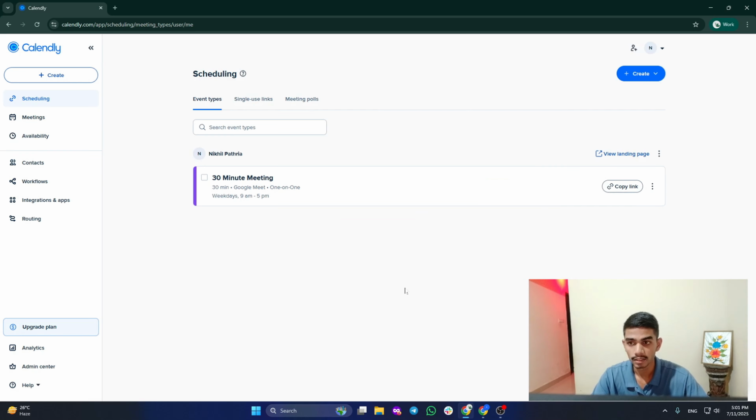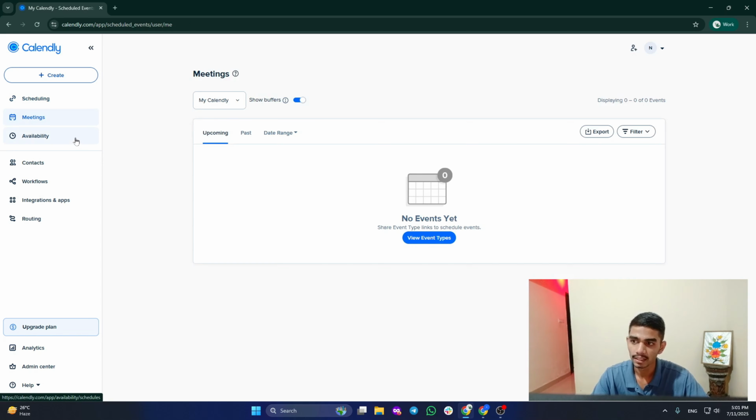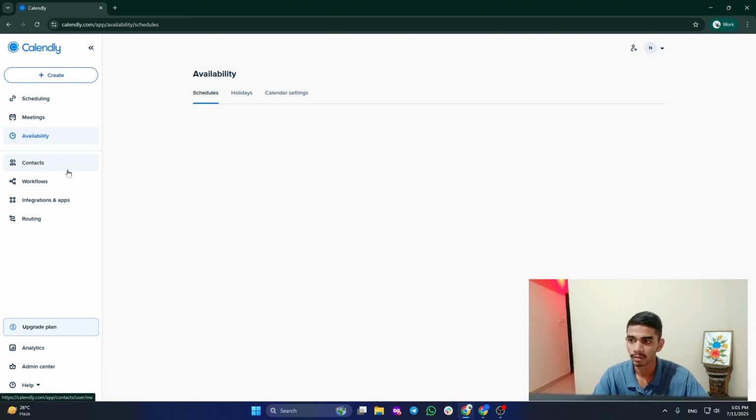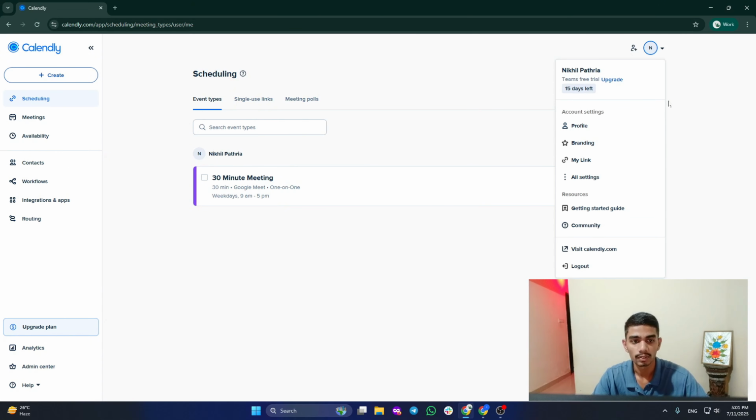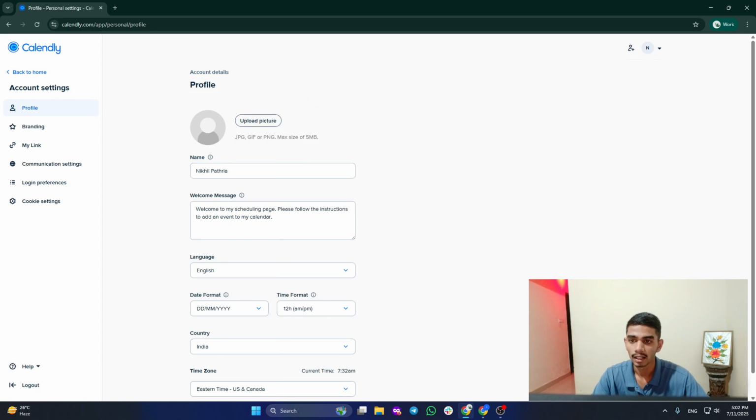All right, so this is how the dashboard looks like. It's very simple and neat and clean. Now we will be going through all these functions one by one, whether it's contact, whether it's workflow, integration, and every single thing. So first thing first, go to your My Profile and click on your profile and then add